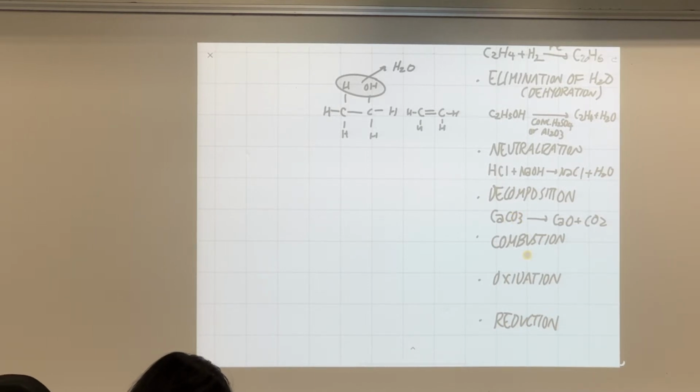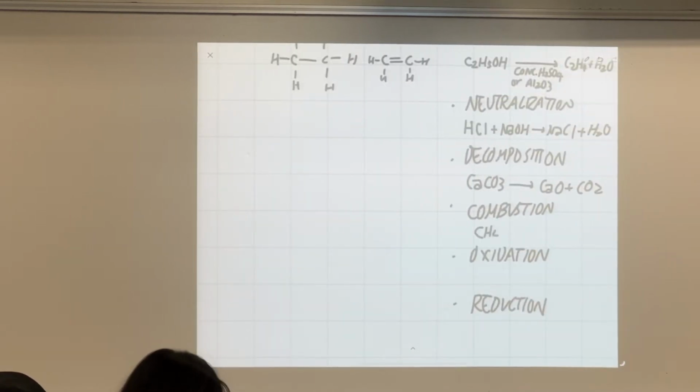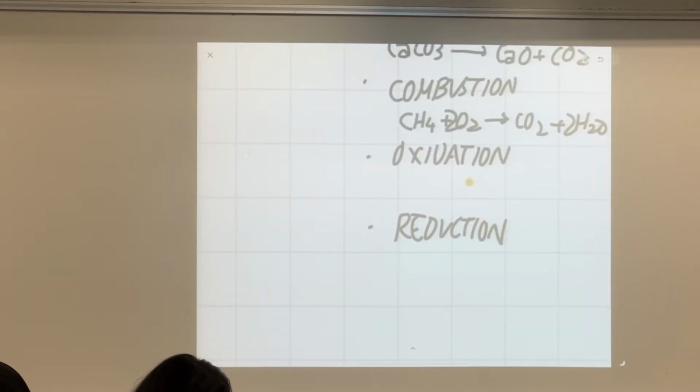Okay? And for combustion, it's easy. I give you the example. Methane, when it reacts with oxygen, it will form CO2 and H2O. And oxidation, reduction. Can you give me a reducing agent that will undergo oxidation? An example. What are some examples of reducing agents? You learned in redox. Iodide, for example, will be oxidized into I2, okay?